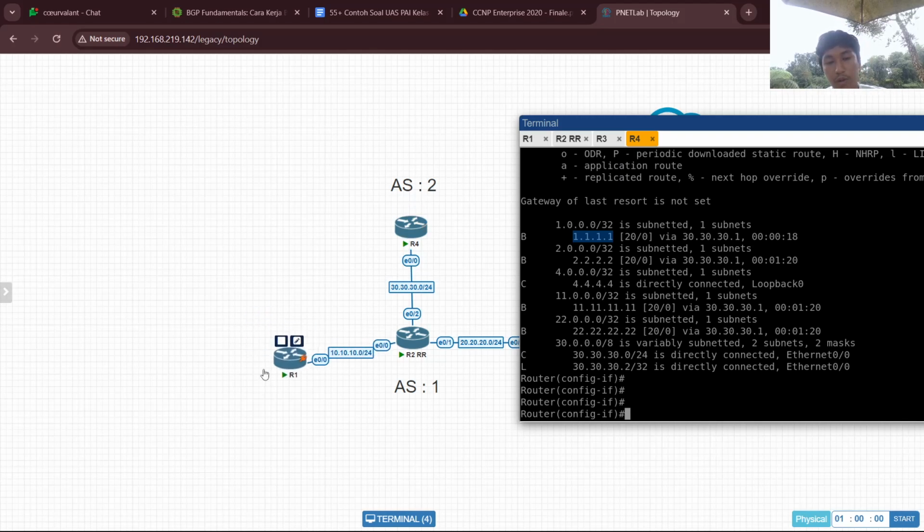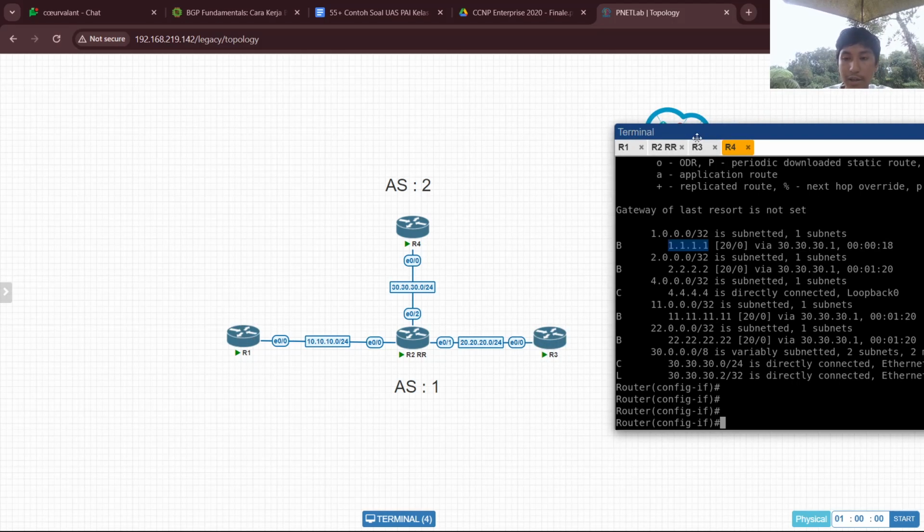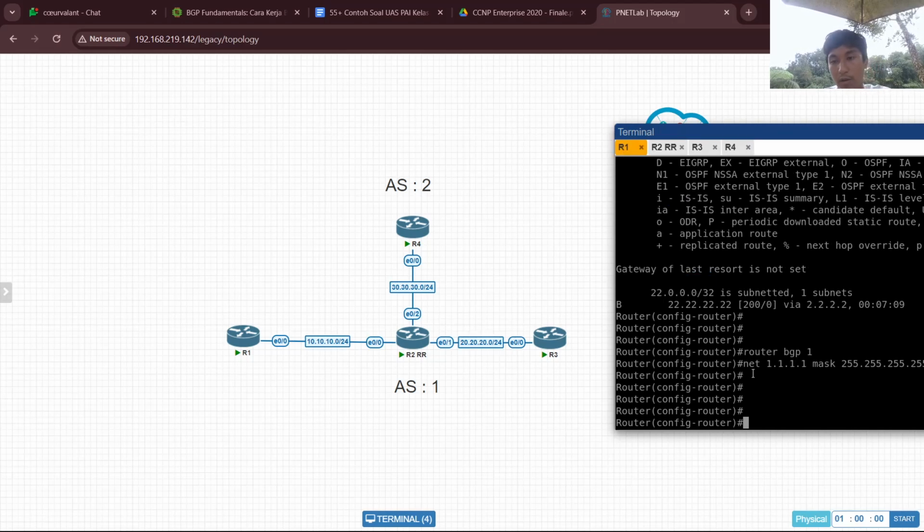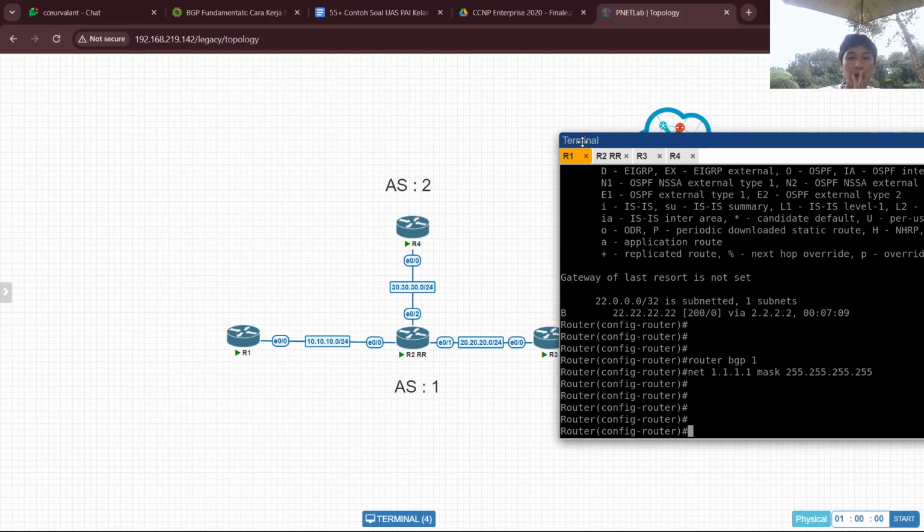So if we configure no export on a network on router 1, router 4, because it is on the eBGP, will not reach the address configured with community no export by router 1. So after router 1 configures no export on one of the IP addresses, router 4 cannot reach it anymore.